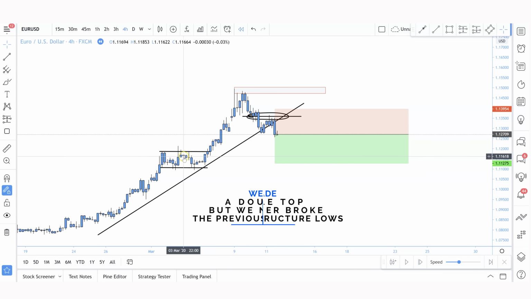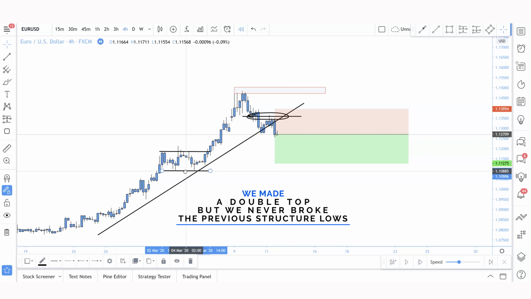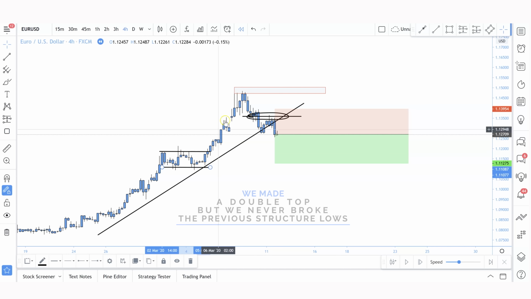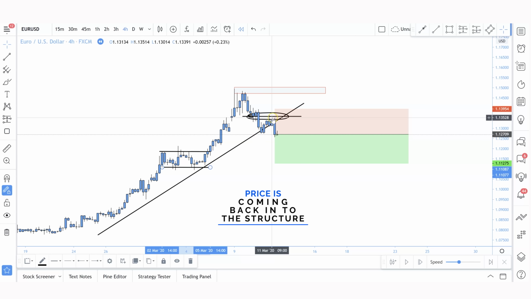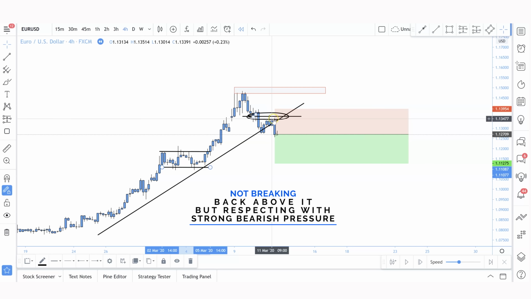We made a double top, but we never broke the previous structural lows. We had this continuation up. We have this higher high and higher low. We never had the higher high, and now we have the break below structure. And now we can see price coming back into that structure, not breaking back above it, but respecting it with